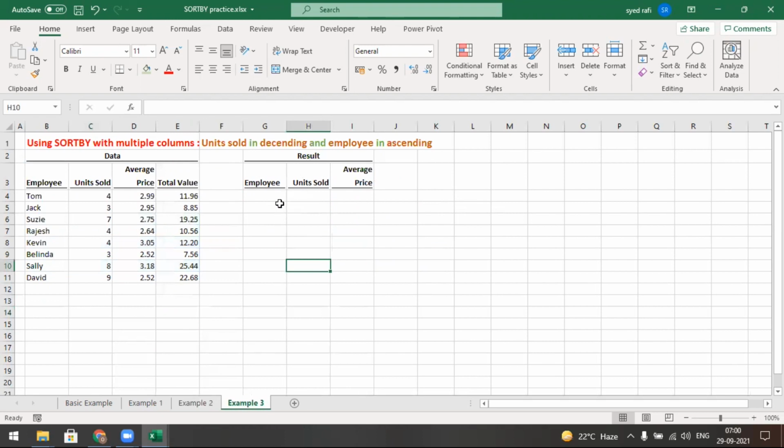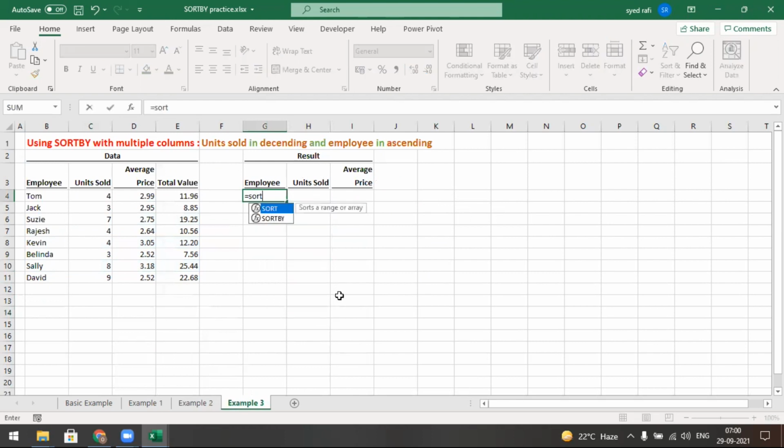And also you may apply the sort by like this. How do we make this one? Equal to SORTBY. I want to select all these columns, comma. First you may take units sold in descending order.